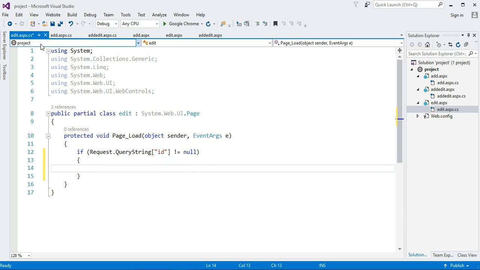Now take a text box on the edit page also to store the value of this request query string.